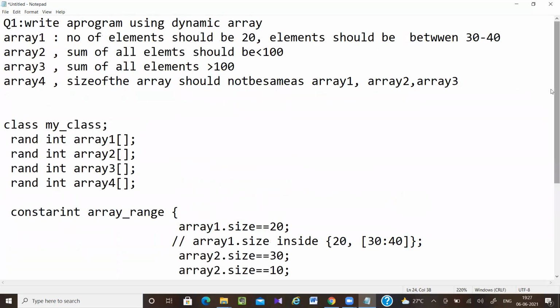There is an inbuilt method, sum, that I can use on an array to calculate the sum of all elements.